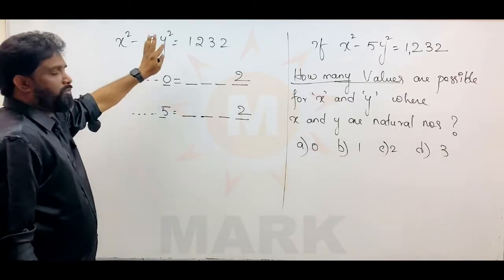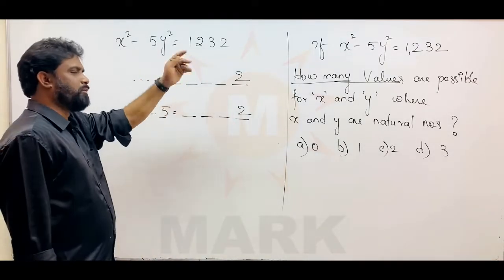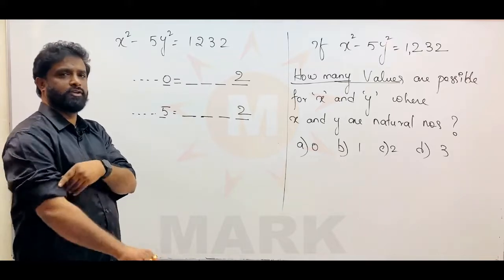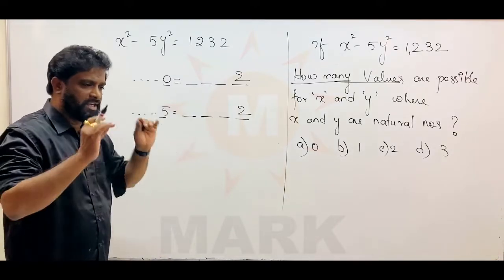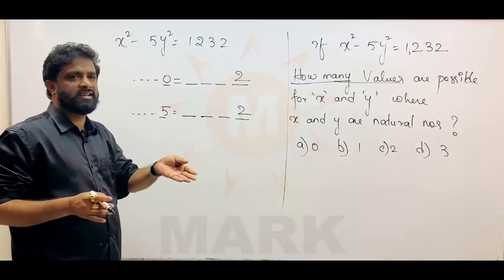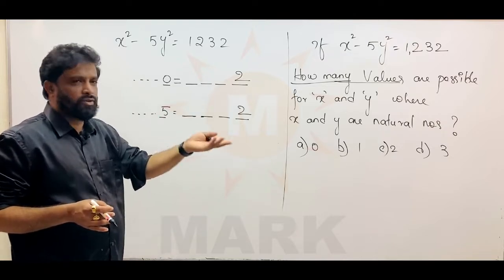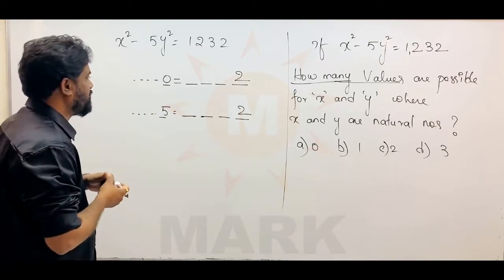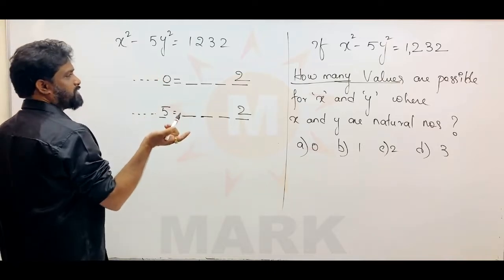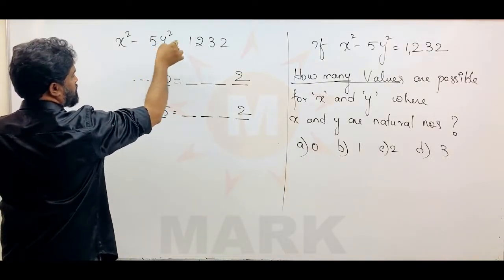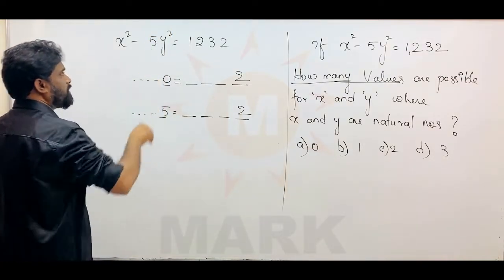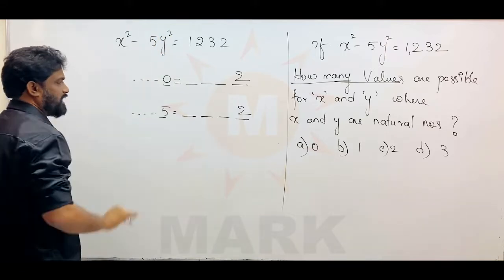So we know, we multiply any number, not only square, cube or power 4, whatever it may be, whatever natural number you take, you multiply with 5, in the last place it can be 0 or it can be 5. There is no third way for it. So there are two options now. This complete product can have 0 in the last place, or this complete product can have 5 in the last place.